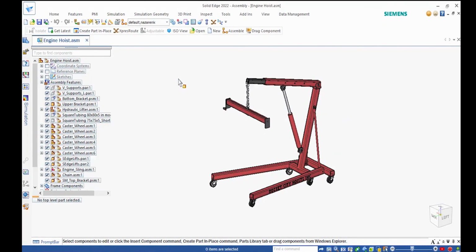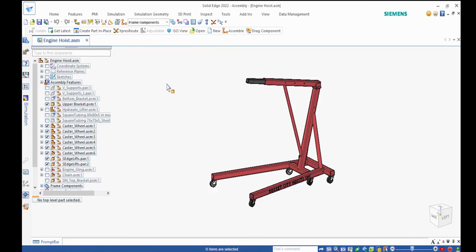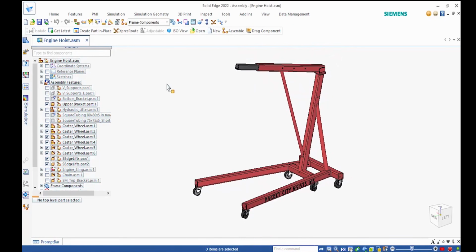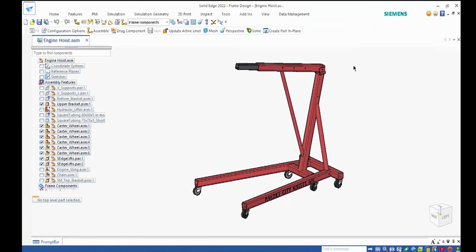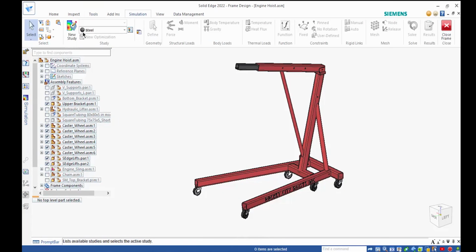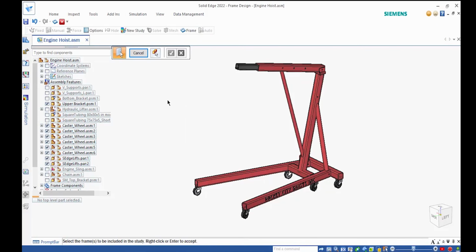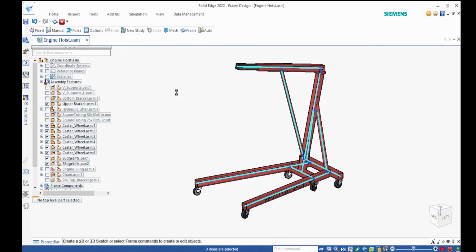using frames. As usual, we can isolate components on the screen really fast with the assembly configuration. And then we can just simply dive into the frame environment, because this is where this type of analysis is available. And immediately when we start simulation, you'll see that only the beam type of mesh is available in this particular case. We can select all the components, and with one single click, the system will create the linear elements representing those